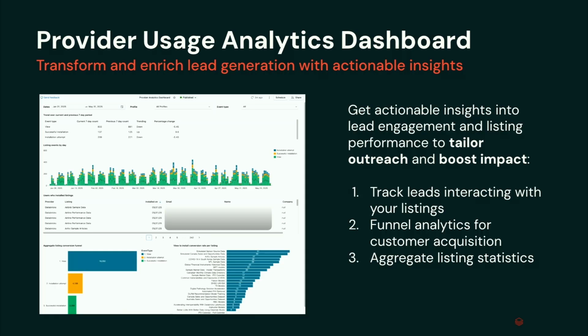It really gives you access to 3 types of metrics. The first one, it tracks leads interacting with your listings. This could be views, this could be installs, this could be how they're using it downstream, as well as funnel analytics to track, okay, where exactly is the drop-off happening? And then you can make changes to your listing accordingly. And finally, we also have aggregate listing statistics